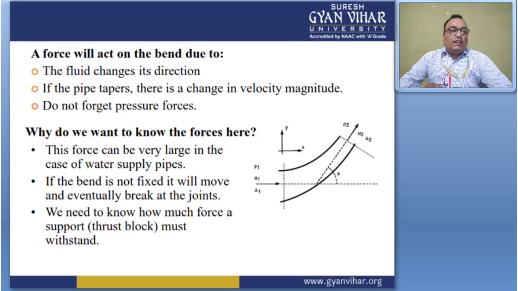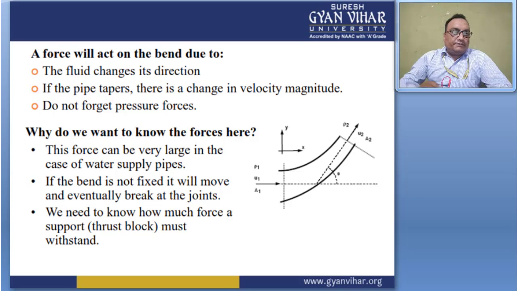The forces act on the bend due to the fluid changing its direction. If the pipe tapers, there is a change in velocity magnitude. And do not forget the pressure force. Why do we want to know the forces here? This force can be very large in the case of water supply pipes, right? If the bend is not fixed, it will move and eventually break the joints of the pipe. We need to know how much force the supports must withstand. This force is very large if the pipe is bent at any section, right? So